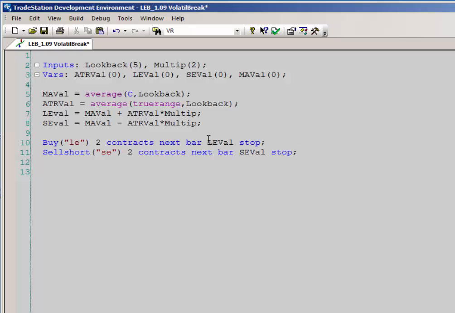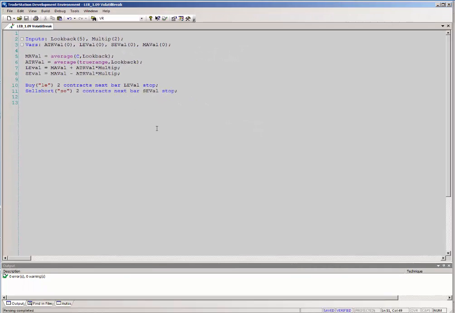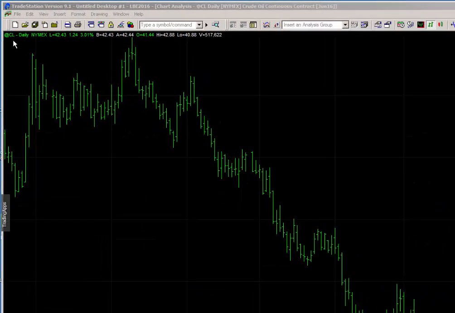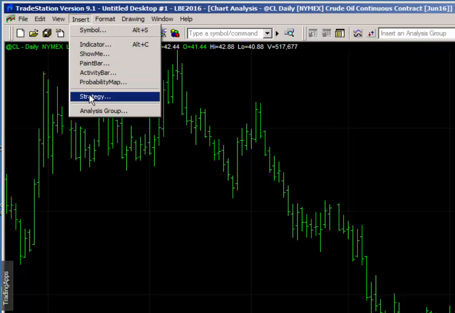Let's see if this code verifies. F3 will verify. It does verify. If I haven't made any mistakes, it should look okay on the chart. So here we are at the charting package. I've plotted the crude light contract at CL. I'm going to insert my strategy,